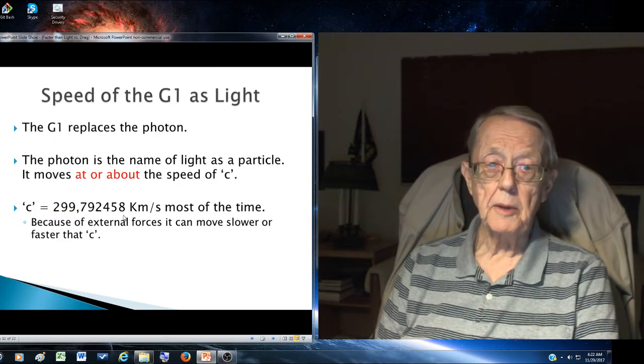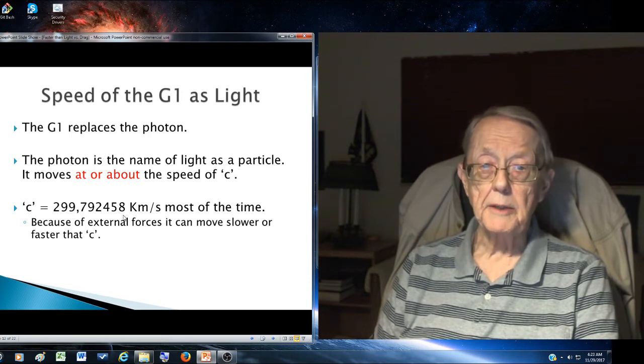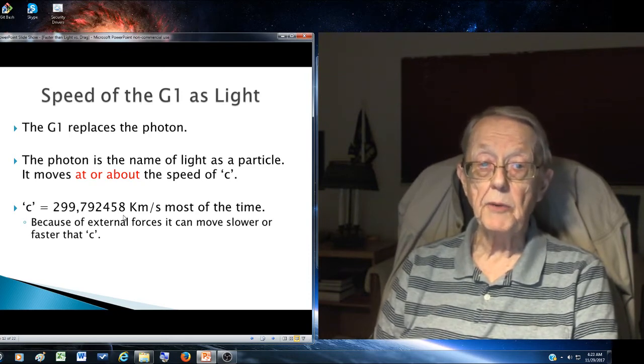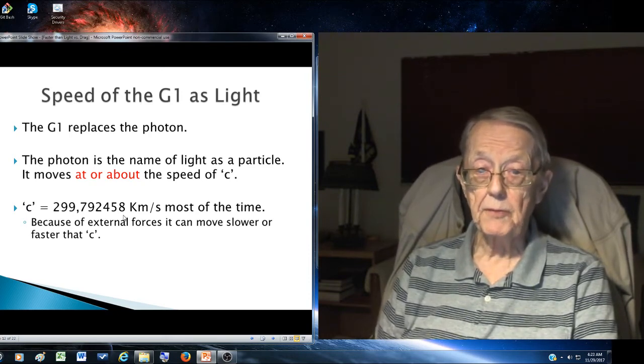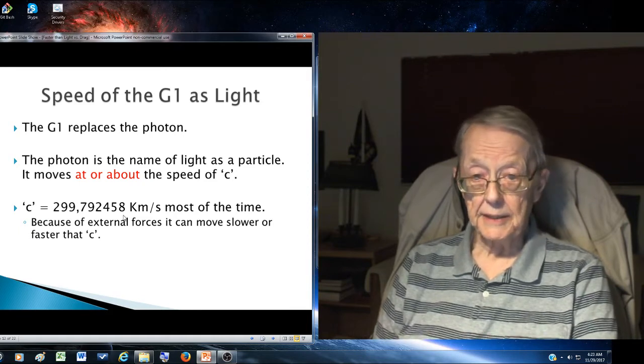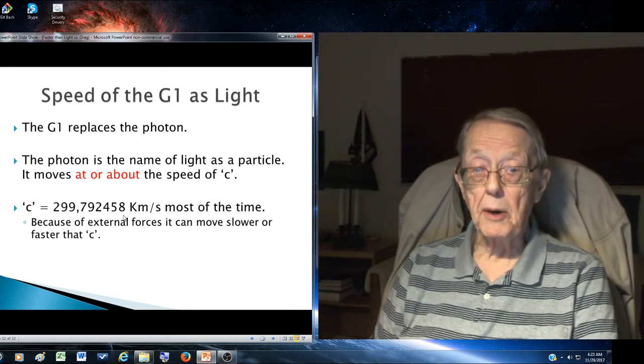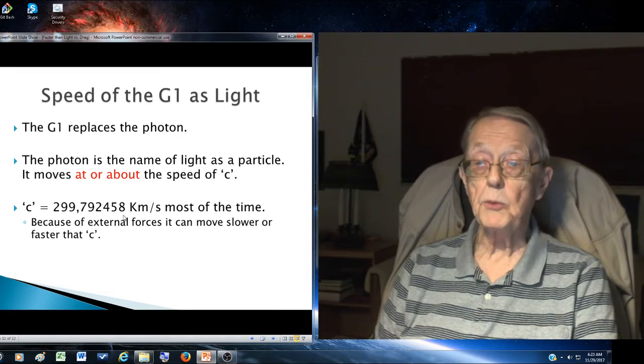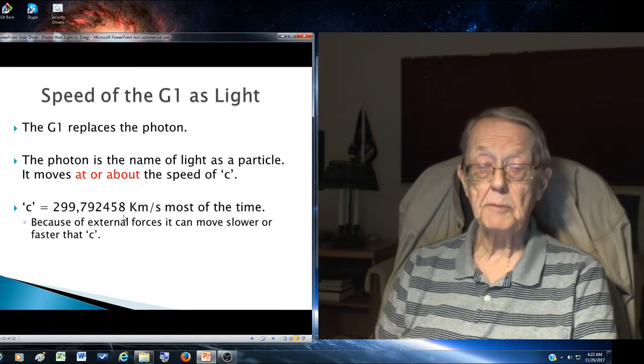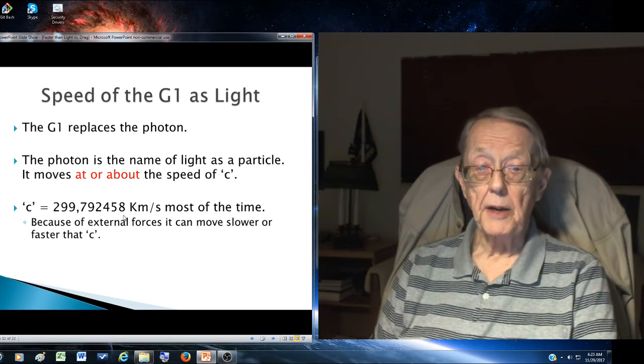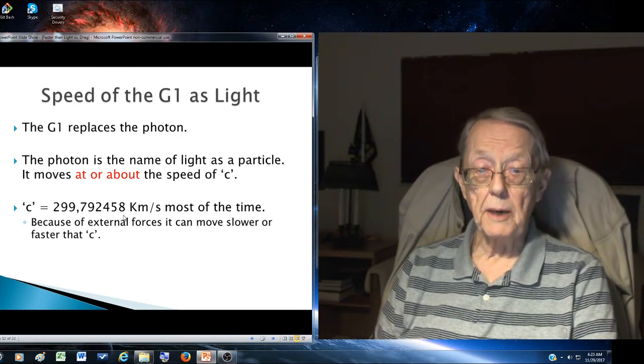That's the particle. So let's talk about light. The speed of G1 is light. G1 replaces the photon. The photon is the name of the light as a particle. The photon also has wave properties, and I'm going to get to that in the next presentation. Photon has wave properties, but it's also treated as a particle, and it moves at or about the speed of